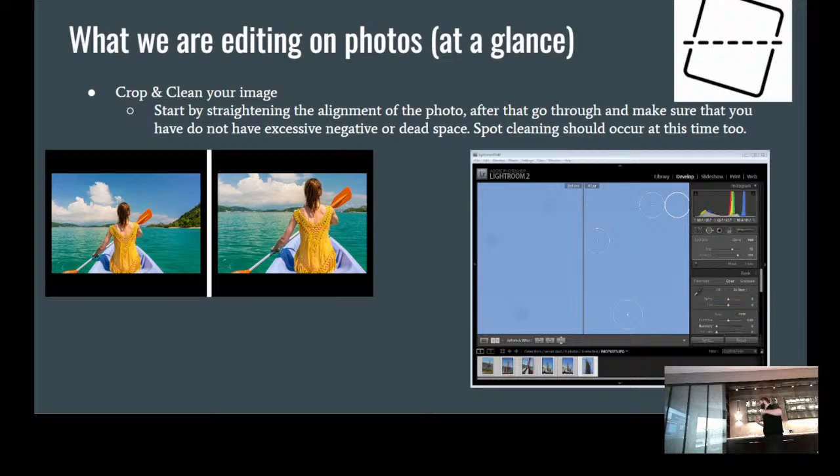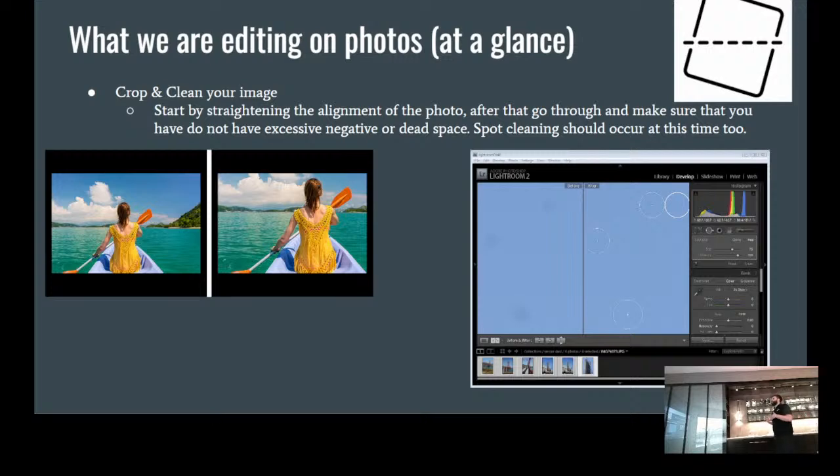clean during this time. So on the image on the left, you can see what we talk about when we want to crop the image and get rid of dead space. Negative space is kind of just areas on the photo or in the space of which you're working that don't necessarily have any benefit to the total project. In this case, the person who took this photo thought that the skyline and everything else weren't necessary towards the final image. So cropping in so we just have the kayaker and their back makes a little bit more of